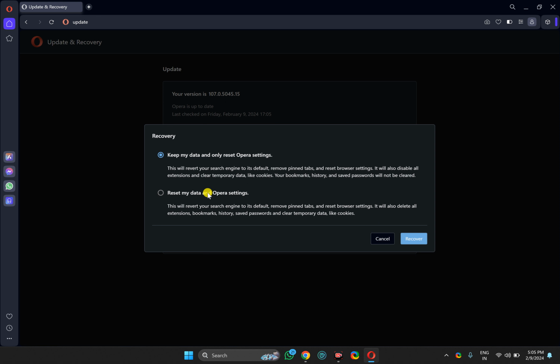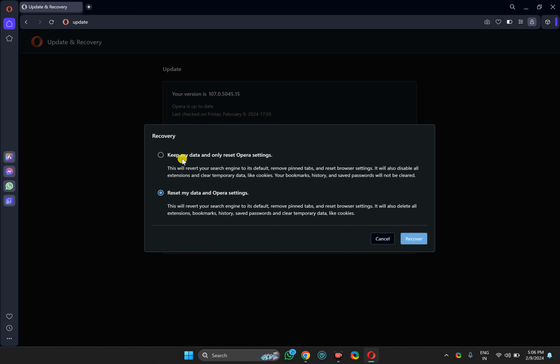And the next option is reset my data and Opera settings. This will completely restore your Opera browser to just like a new one. In case you have a little problem, you can try with the first option.